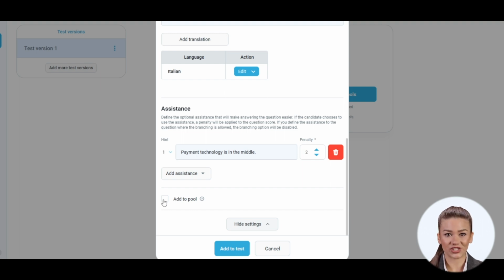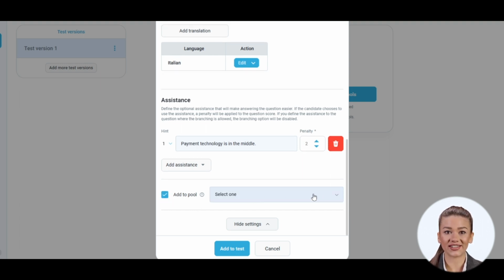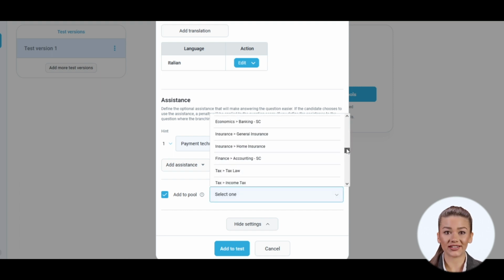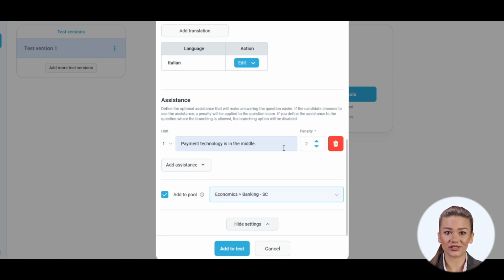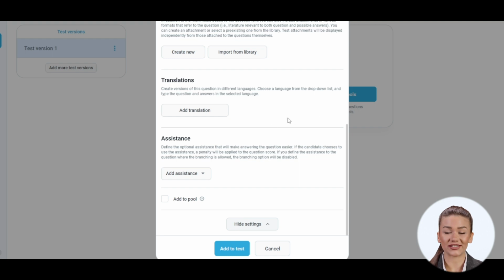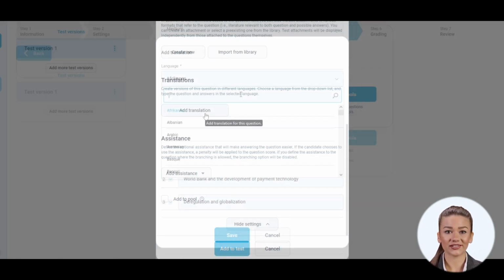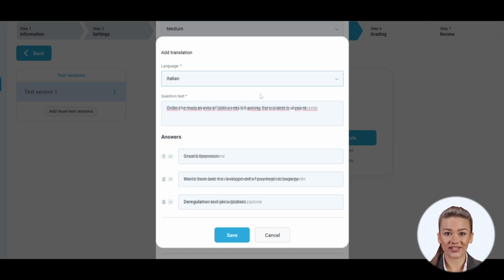You can add the question you have just created for this test to some already existing question pool and save it in that way for later usage. Create versions of this question in different languages. Click on Add Translation, choose a language from the drop-down list, and type the question text and answers in the